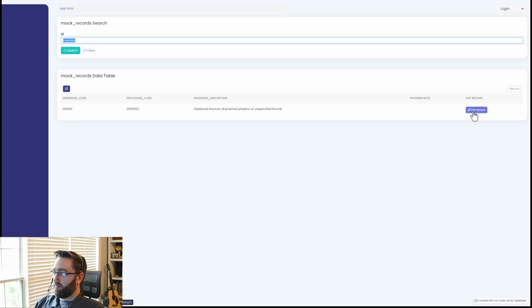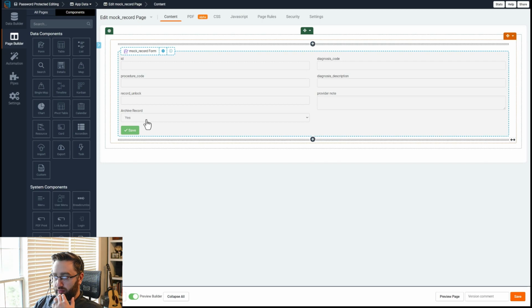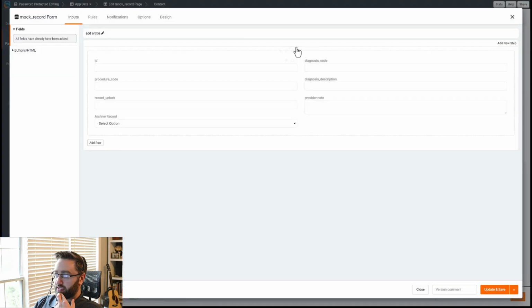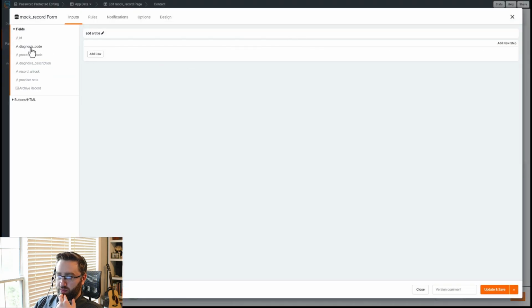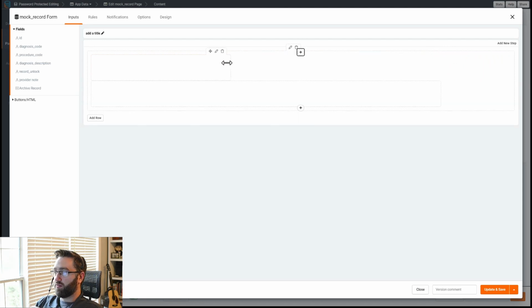So here we are, we have this, and now we need to make changes to the actual edit form. So we will select our edit form back in the page builder, and let's set up this form to be a little bit more user friendly. So we're going to be showing 5 fields that we're going to make changes to, one of which is going to be locked. So to do this, let's change around the structure of this form a little bit,